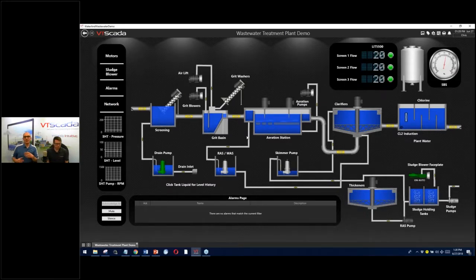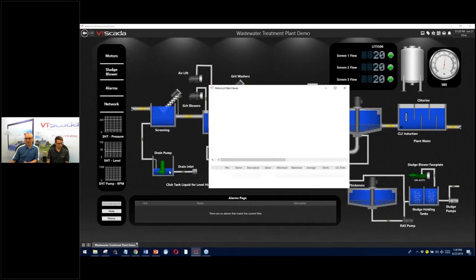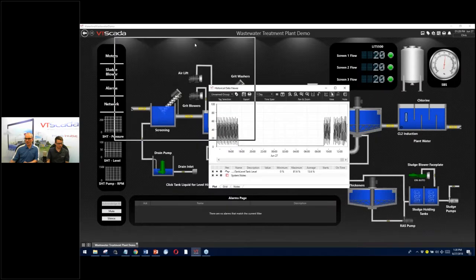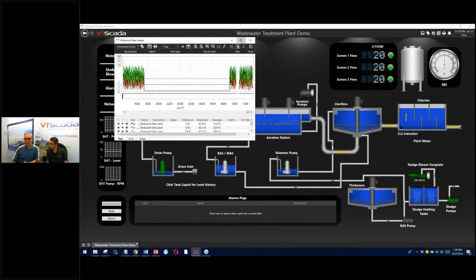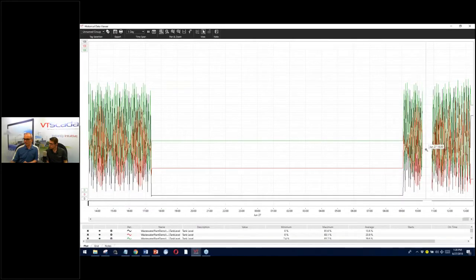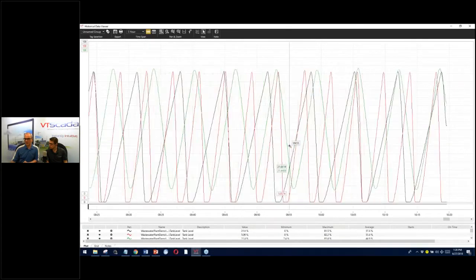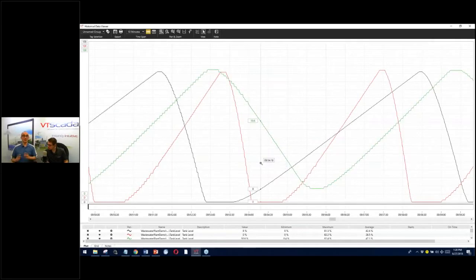Because we have our tag database built in, anything that you draw onto the screen, and you'll see us doing some furious drawing a little later, anything that's drawn onto the screen based on a tag's value allows you to then click on that, as I am here. I'm going to click on that tank, and this tank, and this tank, and maybe I'll add a digital as well, and I'm going to open that up, and expand that open a little bit. And so what it means is operators without administration privileges can go in and create their own custom tag groups